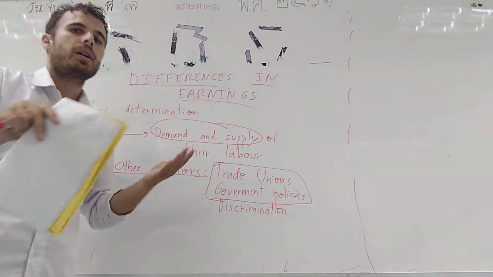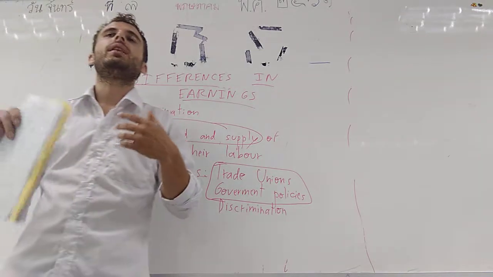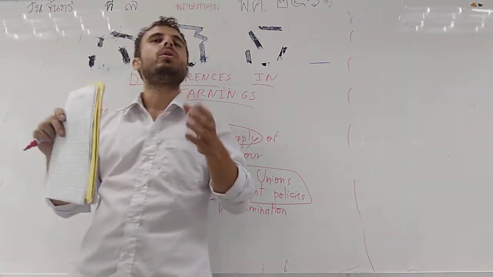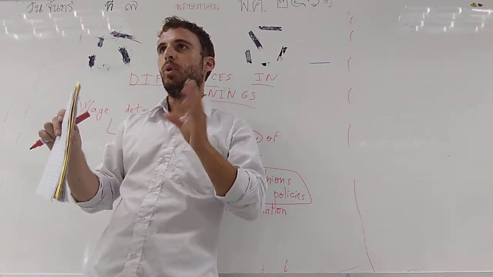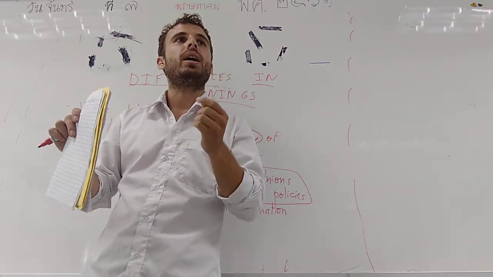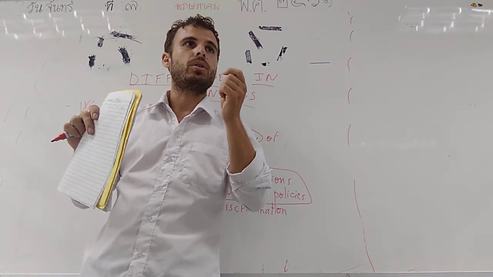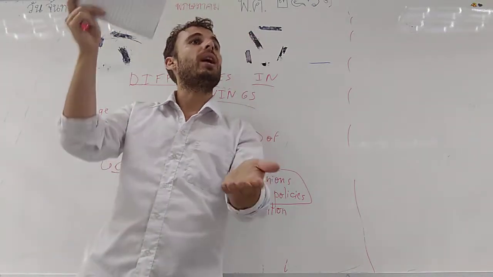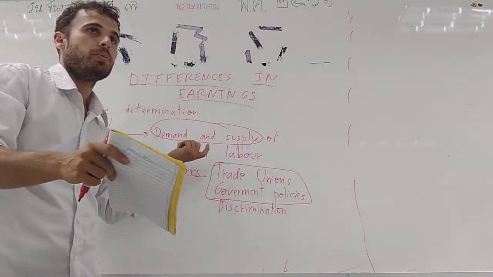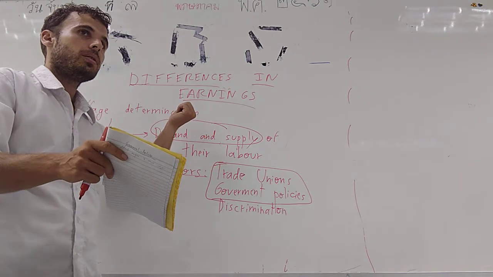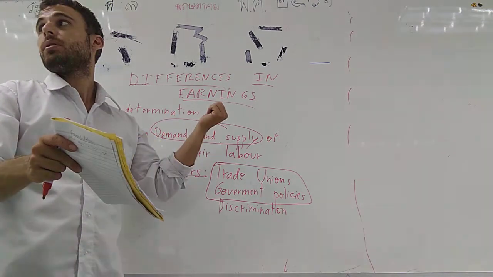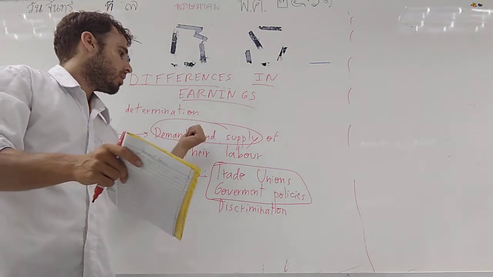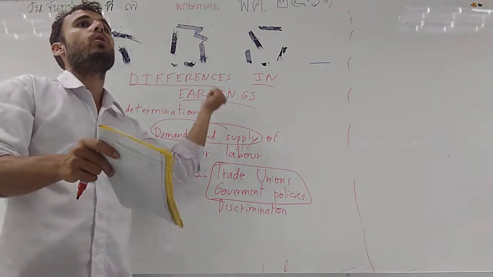Mostly it's going to be the market, because at the end of the day, we live in a free market economy. So the market is the one which is going to point the salaries. The market will determine the salaries and prices of the goods, relying on the interaction between these two variables, demand and supply. Demand goes up, the prices go up. Demand of workers goes up and supply stays fixed, the price or the salary of a worker will go up.